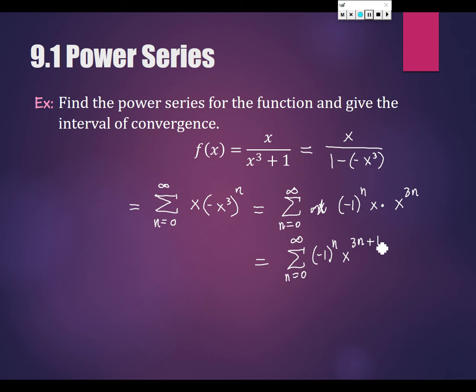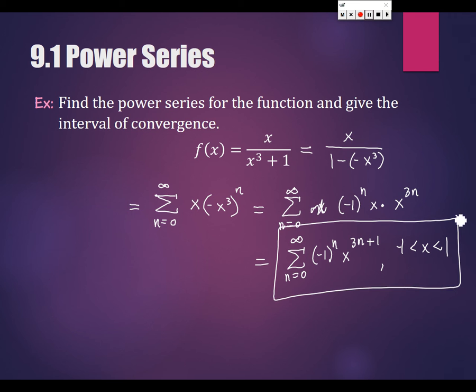And now have we written this as a power series? This is certainly true, that no matter what n value you plug in, like say you plug in n equals 50, this will be some constant. In our case, it'll just be either a negative or a positive 1. If n is 50, then it'll be 1 times x to the 151. Perfect, right? No matter what n I plug in, I will get something times x to some positive integer power. So I think we're good there. And the interval of convergence, when is x cubed between, this one's also negative 1 to 1, isn't it? Okay, more